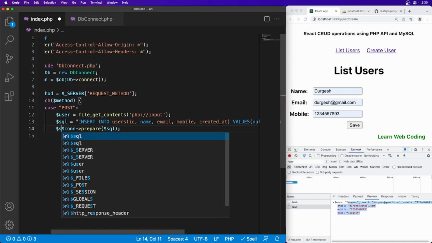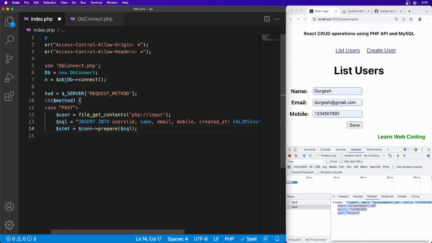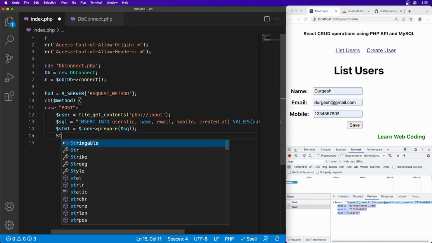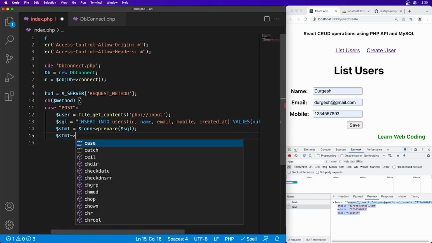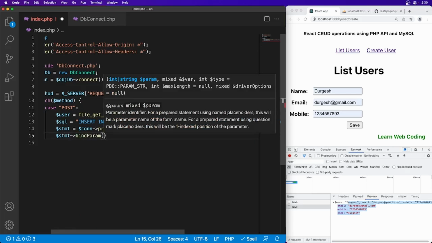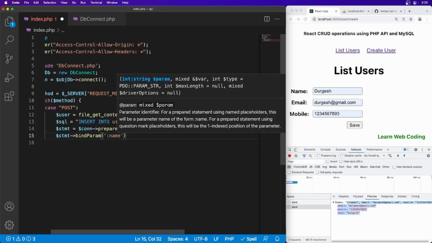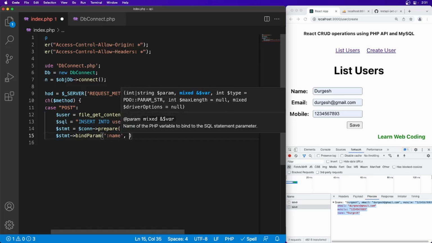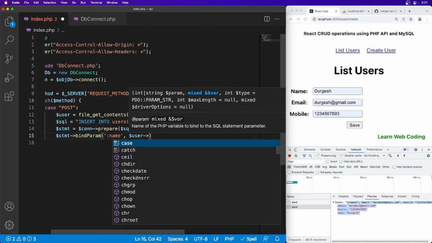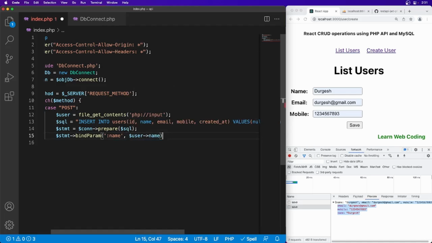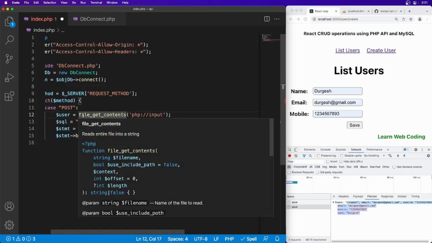Then it will return the statement object, and on this statement object you can bind the params like this: colon name, comma, we have user and name.